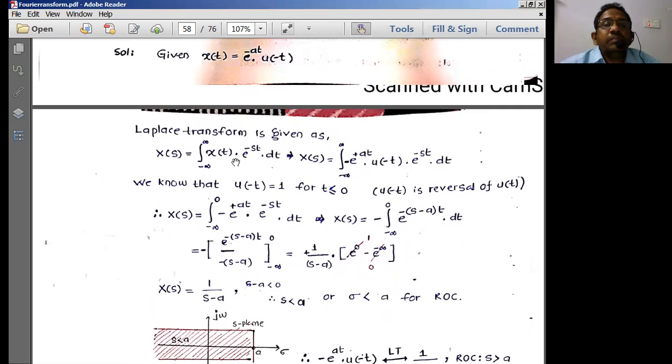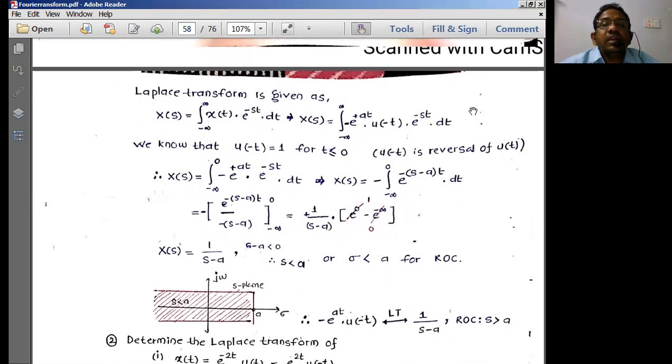So when you have that, simply I'm writing the equation for x of t as it is, minus of e power plus at into u of minus t, which I'll be taking into e to the power minus st dt. Once we get with this, this minus u of t is an inverted function. Therefore, the limits are going to get changed from minus infinity to 0. So please change the limits to minus infinity to 0, and this part will remain as it is, minus e power at. Simply u of t is replaced with 1 over the limits minus infinity to 0. Okay, so please take this part as the correct explanation for this.